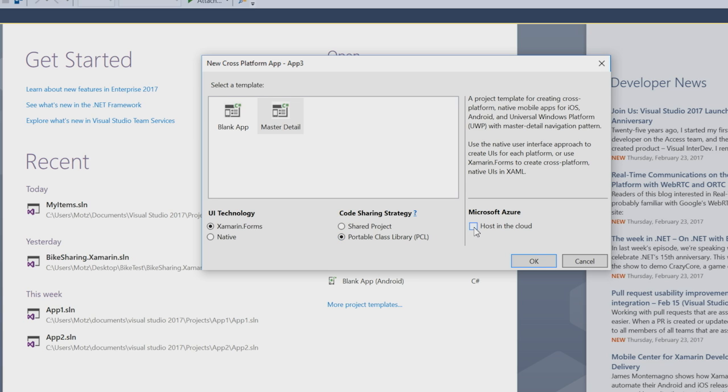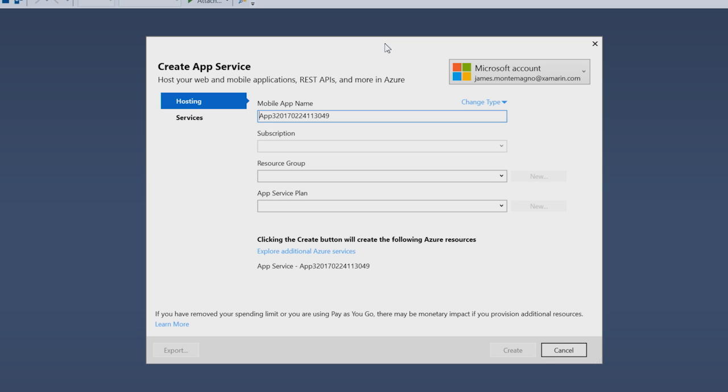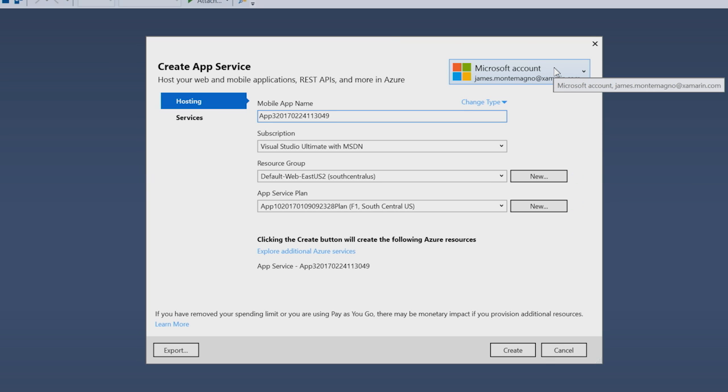Now, a brand new option inside of this dialog is to host this application in Azure. This will create the backend server part with an ASP.NET backend that my mobile applications can connect to. Now all I have to do is say, OK. Now this will bring up the Create App Service backend for my application. I've already logged in with my Microsoft account, so it'll automatically pull in all of the subscriptions and resource groups that I have. I can name the mobile apps a certain way, assign a resource group and an app service plan, and hit Create. When I do that, it will go ahead and scaffold my iOS, Android, Windows 10 application,